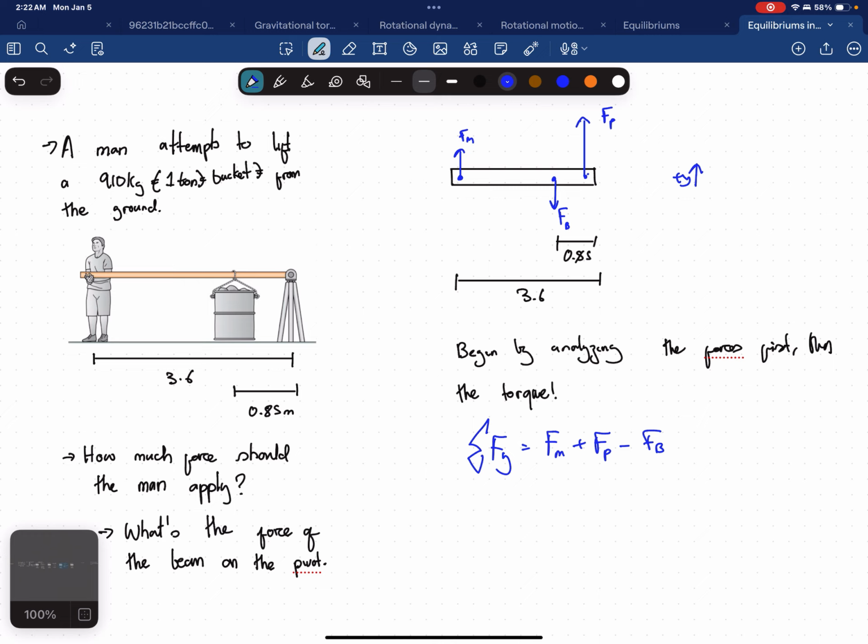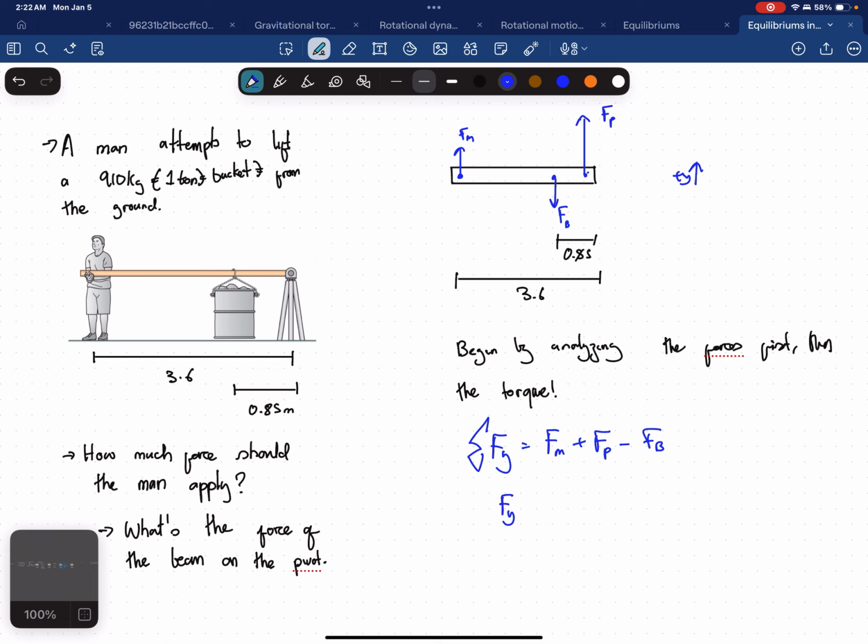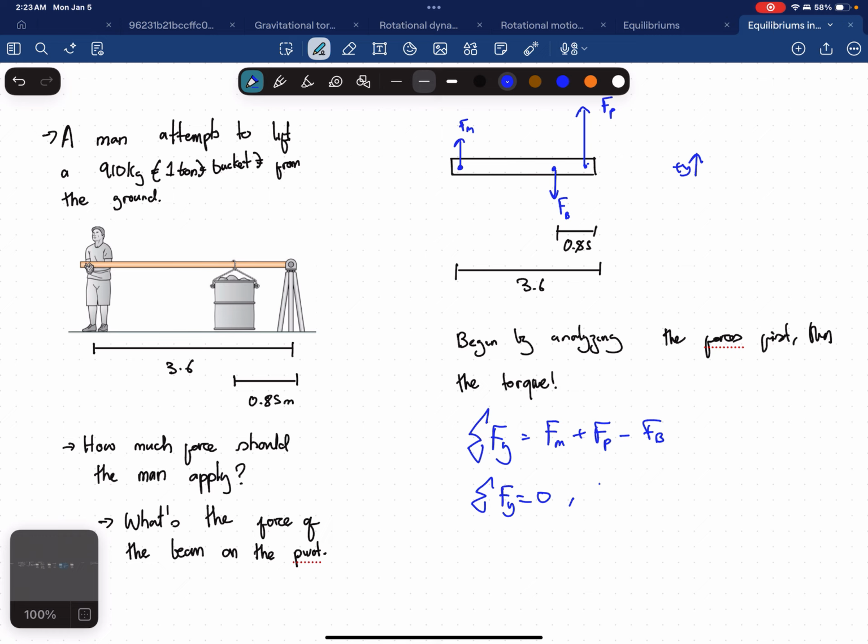What can I get from this information? What do I know here? Well, I'm in equilibrium, so F_y is equal to 0. And I think I have enough data in my question to get F_B. So I know F_B is equal to weight, and weight is going to be equal to mg. And what's the mass of the bucket? The mass of the bucket is given to us as 910, and gravity is 9.8. So if I multiply these two,